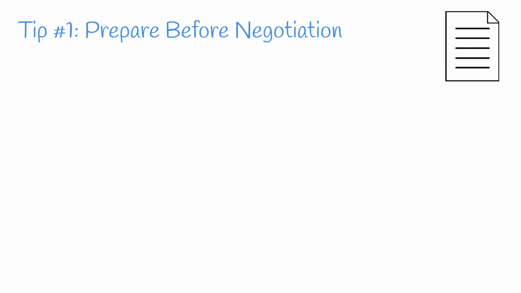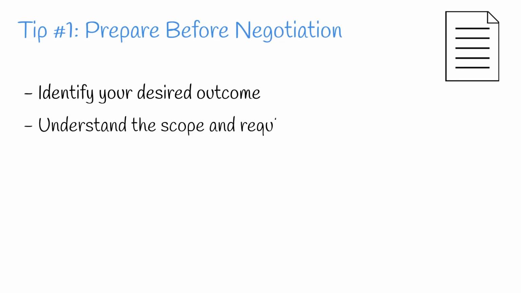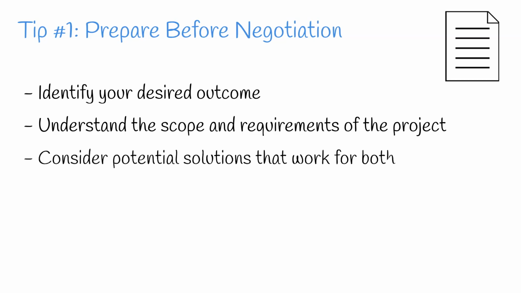Tip 1. Prepare before negotiation. Preparation is key to successful construction contract negotiation. This includes identifying your desired outcome, understanding the scope and requirements of the project, and considering potential solutions that work for both parties. It is essential to have a clear understanding of your objectives and to approach negotiations with a